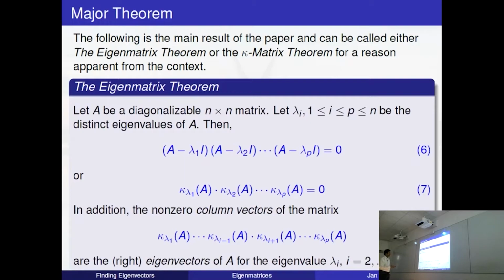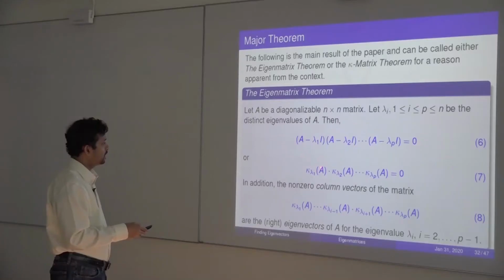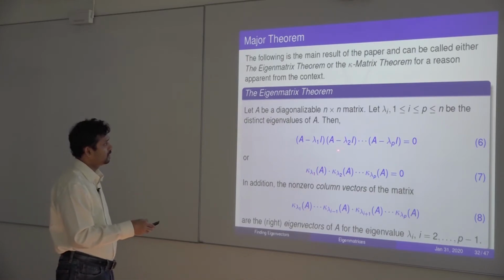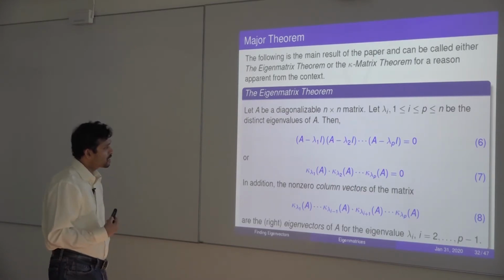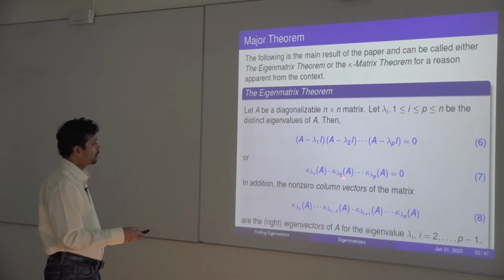And if you use the kappa matrix notation here, you can write this as the kappa matrix for lambda 1, the kappa matrix for lambda 2, up to the kappa matrix for lambda p. So you can write the same thing using kappa matrices like that. And then in addition,